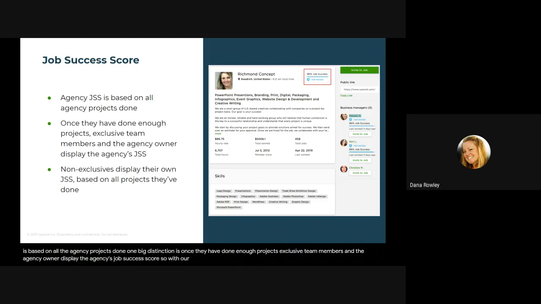So with our example here, the Richmond concept is showing their 96% job success rate. Our girl Melody, who's the owner of the Richmond concept, is also going to display the 96% job success rate. But her non-exclusive freelancers that are in her agency will display their own job success rate based on the projects they've done, different from the agency.